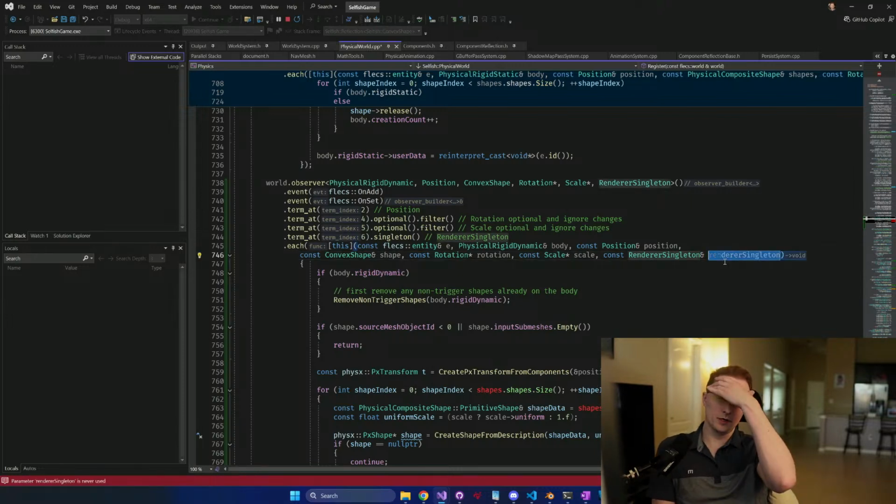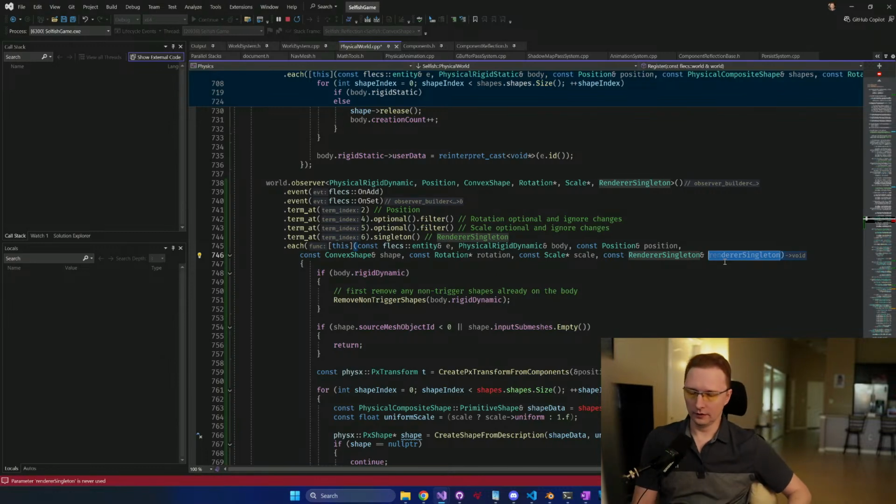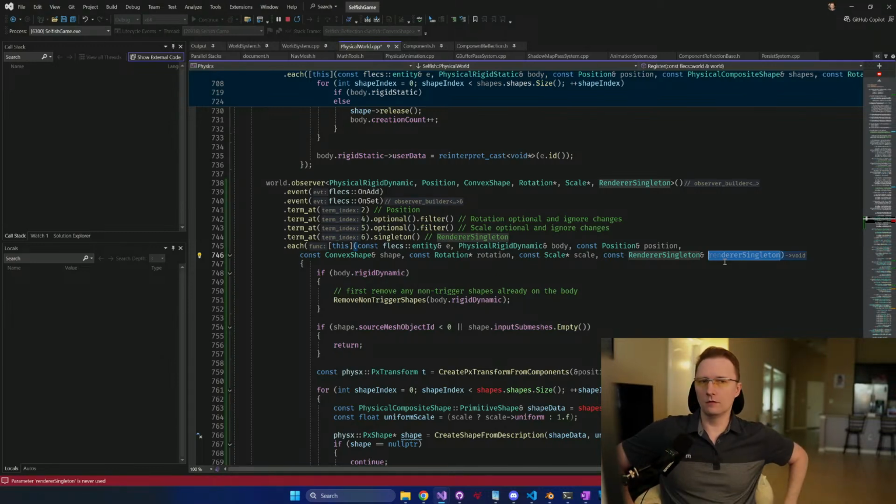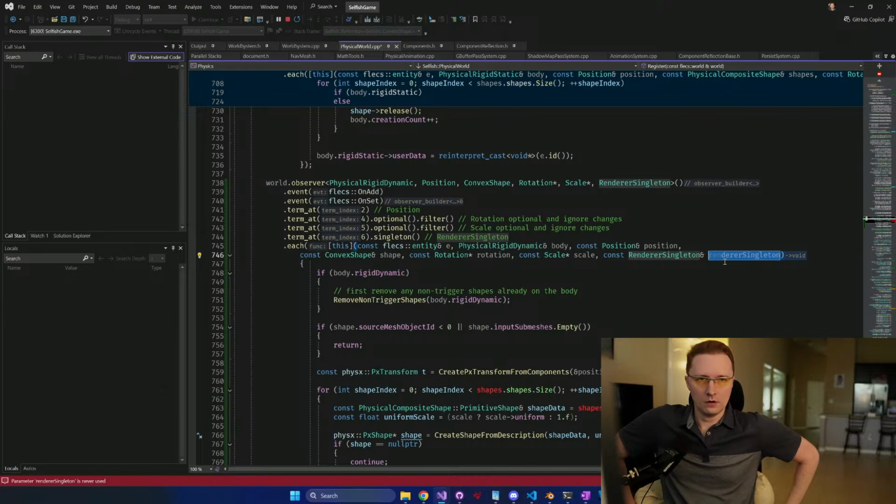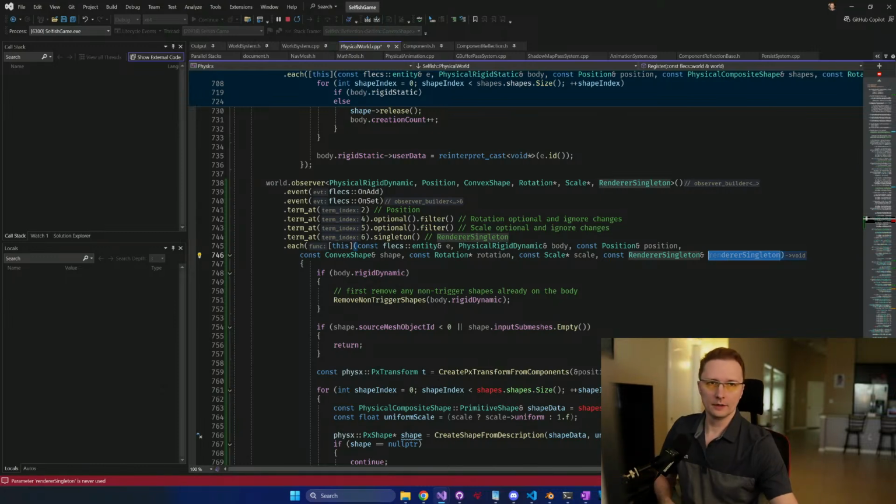Now in the future I might bake the convex mesh into the actual physical file that PhysX wants me to do. But